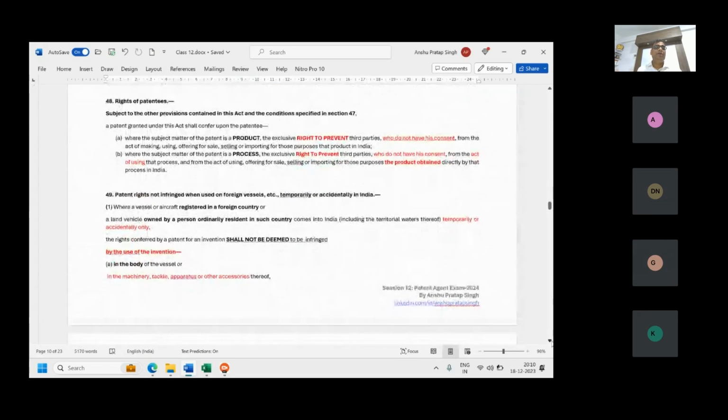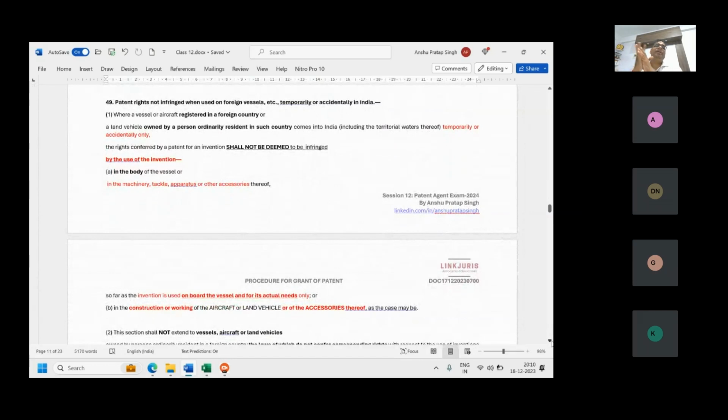Now we come to the right of patent, which we have done. Now in this section, there is another act which is not considered as infringing. What is not infringing? They are saying patent rights are not infringed when used on foreign vessels, etc., temporarily or accidentally in India. Please remember, vessels or aircraft registered in a foreign country. If there is a vessel, that means a ship or any aircraft of foreign origin that is registered in a foreign country, or any land vehicle which is owned by a person ordinarily resident in such countries